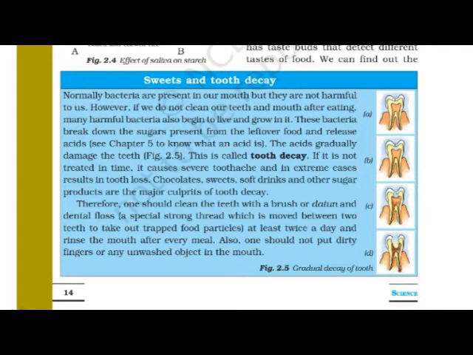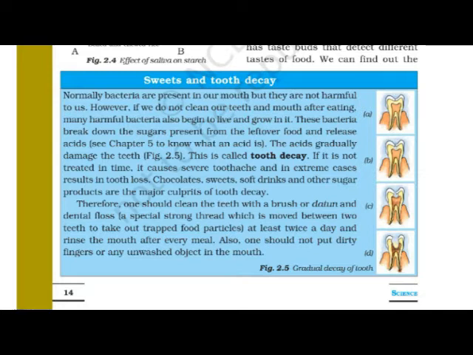Okay, now we are on page number 14, which is on your screen. The tongue is a fleshy muscular organ attached at the back of the floor of the buccal cavity. It is free at the front and can be moved in all directions. The tongue, which is present in the mouth, is a fleshy muscular organ, attached at the back to the floor of the buccal cavity. From the front it is free and can be moved in all directions. We can move it as we want.